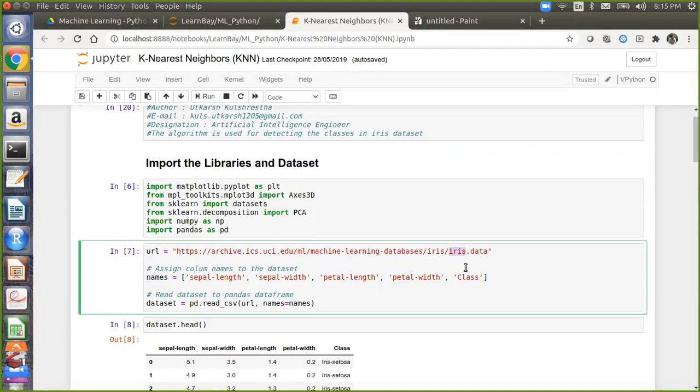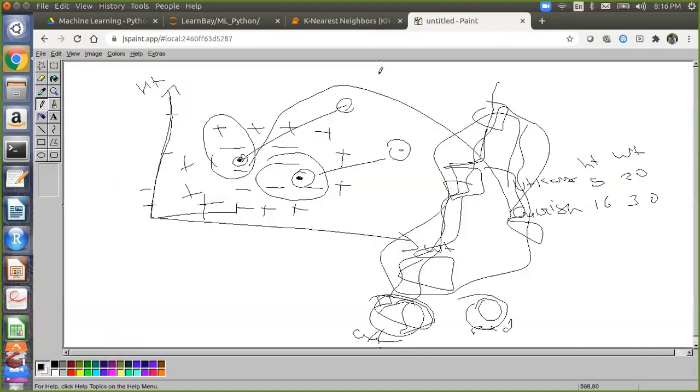What he did was take 3 types of flowers: Setosa, Virginica, and something called versicolor, I think. These are the botanical names. For each flower he noted down the petal length and petal width. There are 4 features in total: petal length and petal width, and then the sepal, which is also part of your flower, sepal length and sepal width.